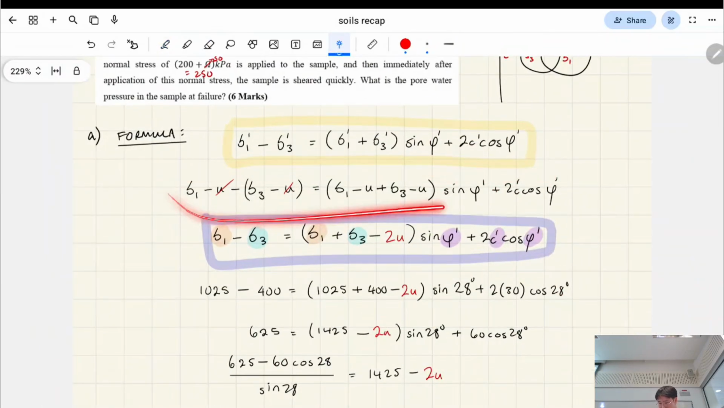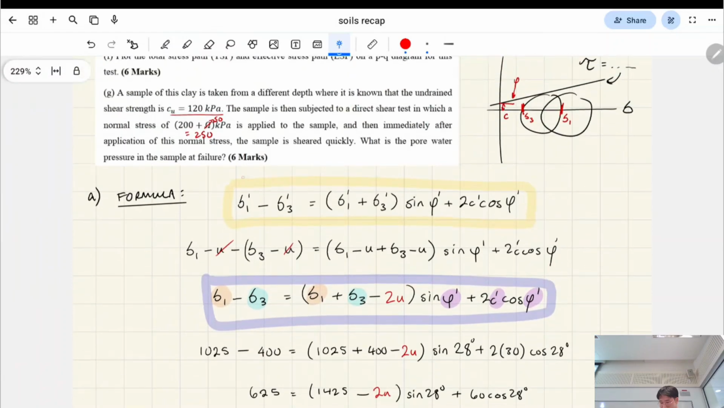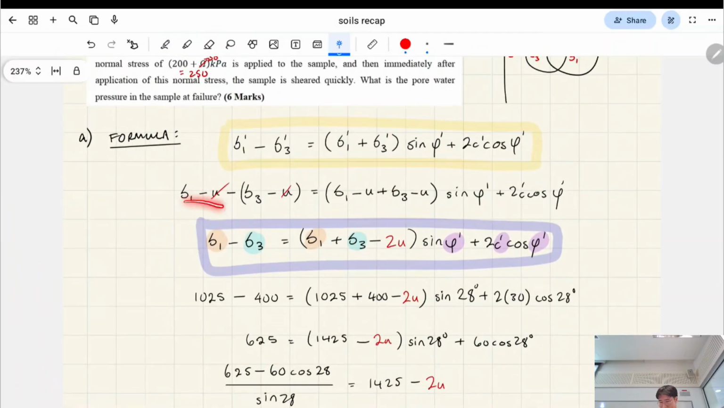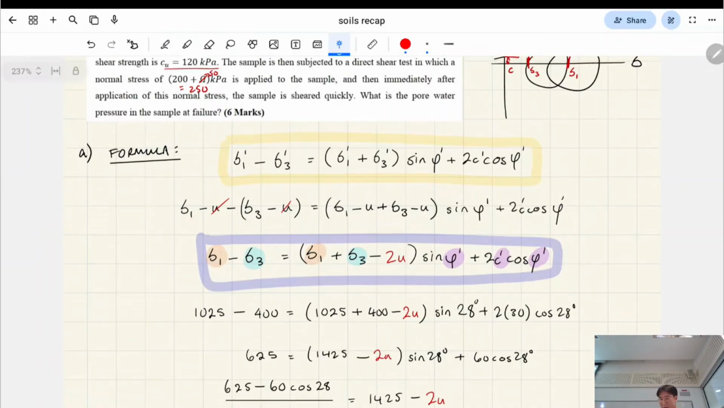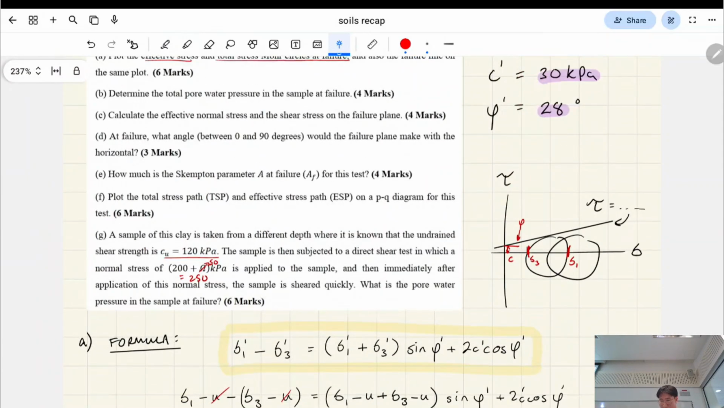We rearrange this, and we can get the version that's to do with our effective stress. All I've done here is say the total stress minus the pore water pressure is the effective stress, and plugged everything in. Here's the other version of it, which is to do with our total stress. Now, that's important because this first part asks